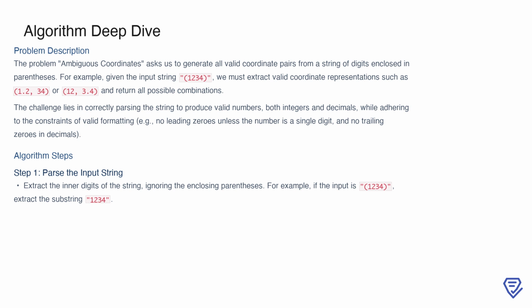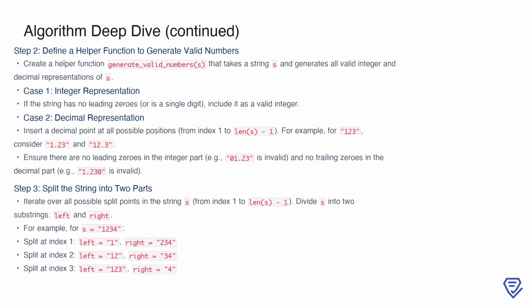We extract the digits inside the parentheses, ignoring the parentheses themselves. For example, given the input (1234), we isolate the substring 1234 for further processing. This forms the core input for subsequent steps in the algorithm. The next part of the algorithm is to define a helper function that generates valid numbers from a given string. This function, called